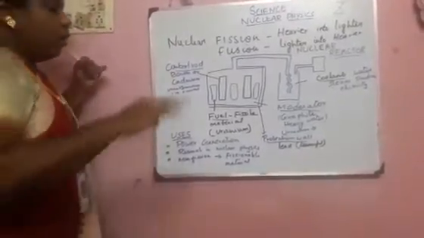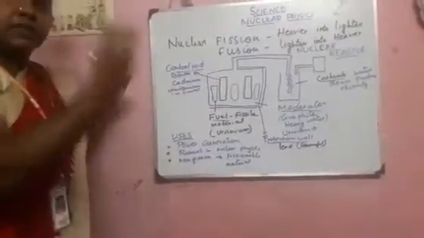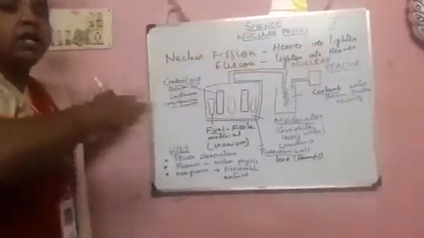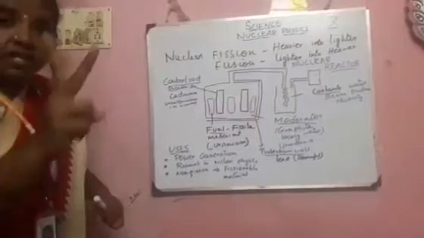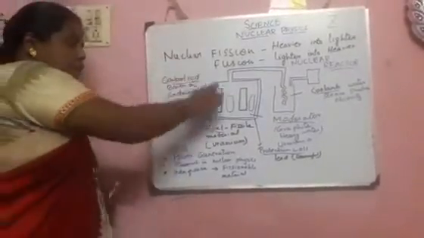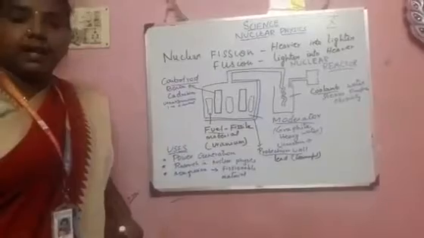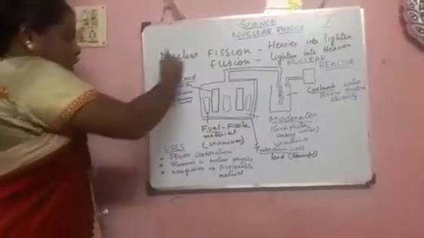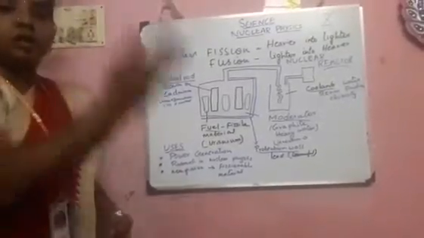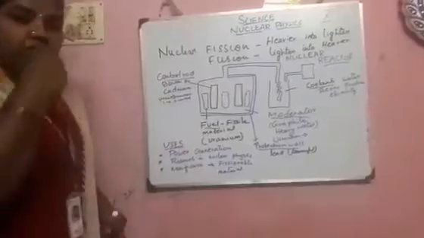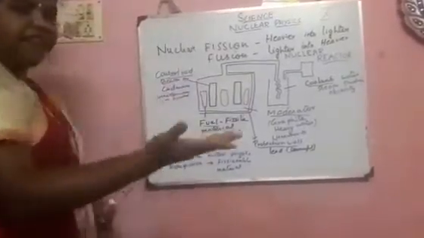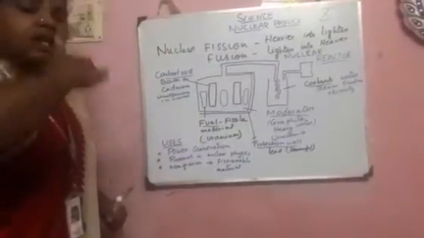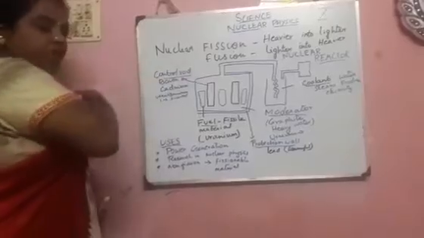How should it be controlled? When a neutron attaches with the uranium, the reaction gets started, and 3 neutrons are produced. The first 2 neutrons attach with the control rod, and only one continues the reaction. The reaction process goes on, so automatically it is reduced. Instead of 3 neutrons, the control rod absorbs 2. After the reaction, we can remove the control rod, and automatically the reaction is slowed down. That is the important thing about the control rod.